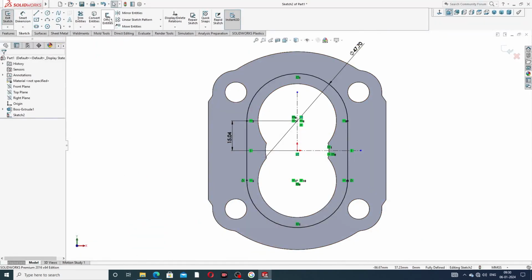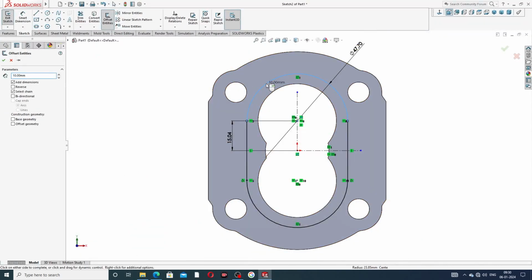and offset is used here. This is an offset, and the distance is 3 millimeter. Okay, and the direction is reverse. This inside is perfect and correct, and okay,